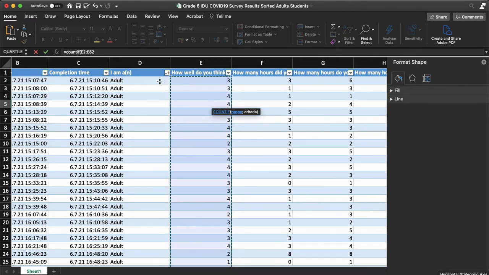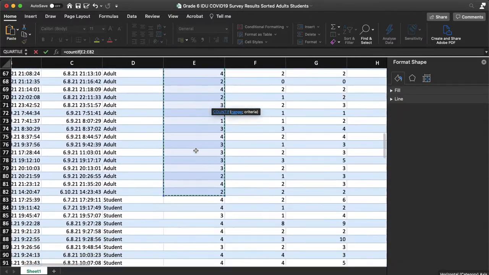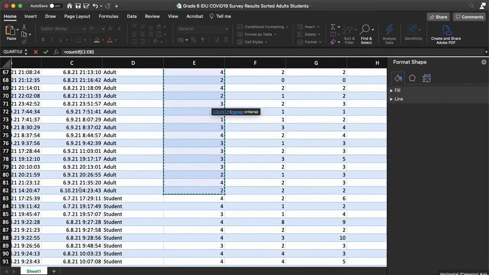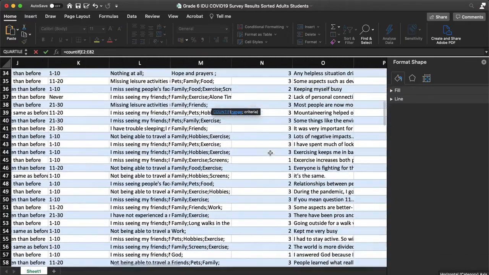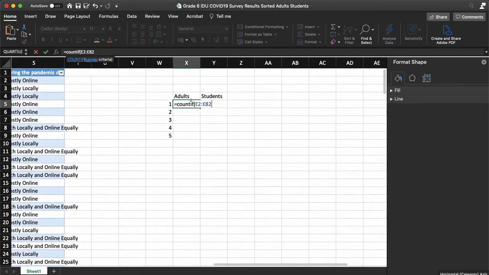E2, this is the beginning of the cell. And we go up to cell E82, E82. So then now if you go back to the command, so we have already here, see there, Countif bracket